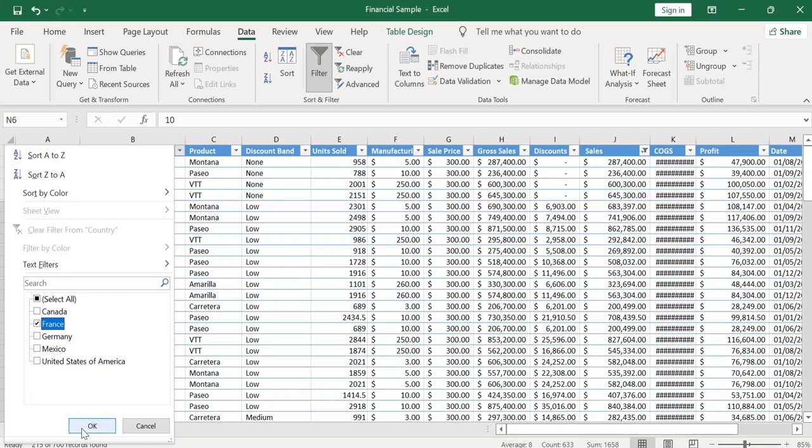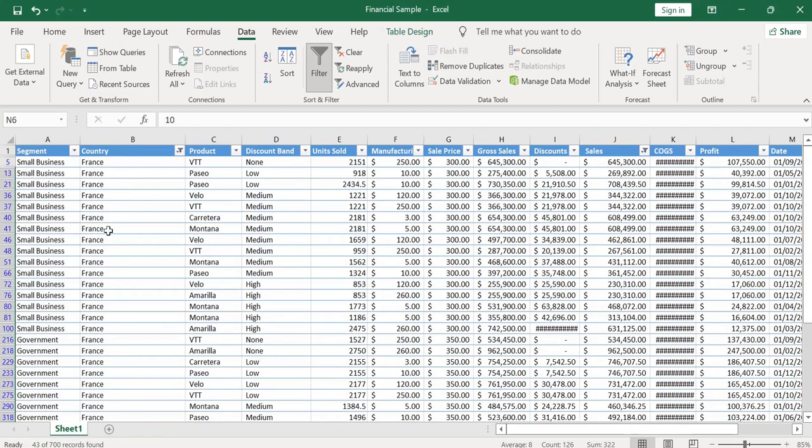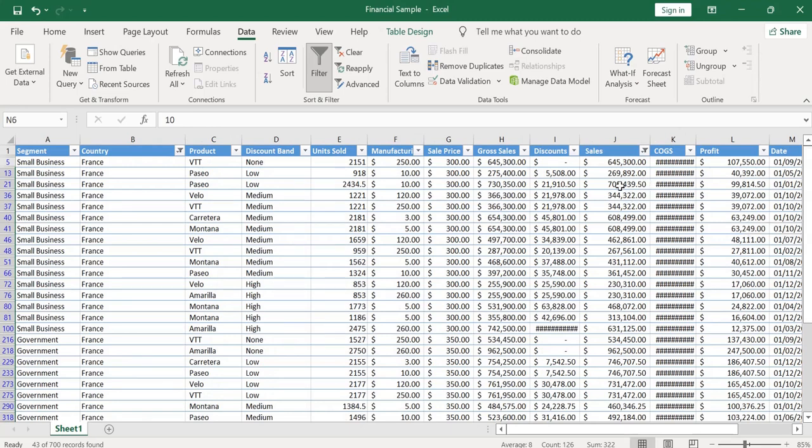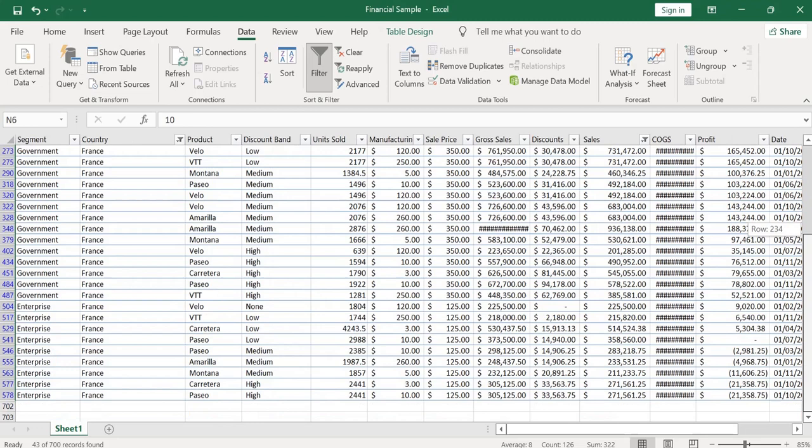Let me click OK. Look at here, the data now got displayed. It has the country as France. I'll drag down. You can see now the country is only France, and the sales values are all greater than 2 lakhs.